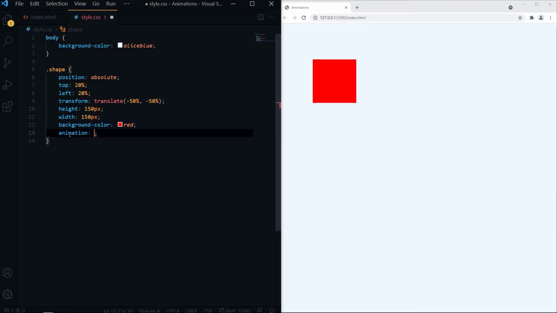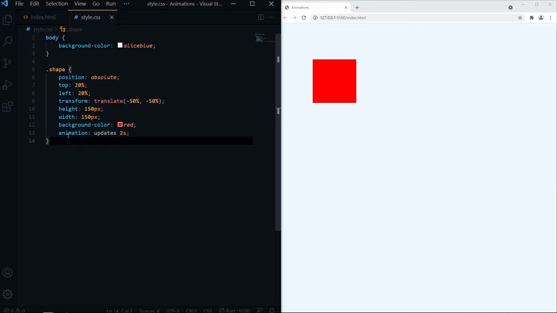First we need to give an animation name. After the animation name, we can give the animation duration. To use CSS animation, you must first specify some keyframes for the animation.